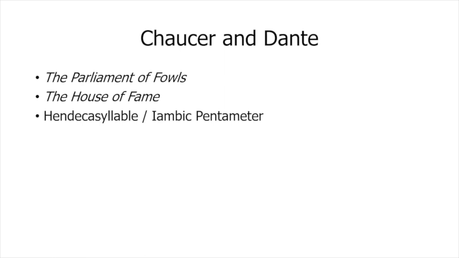Hendecasyllable is a little bit complicated to explain, but basically it's a line with 10 syllables. Well, not always 10. There's always a stress on the 10th syllable. And sometimes there's an extra unstressed syllable after the 10th syllable, which will often give you an 11-syllable line, hence